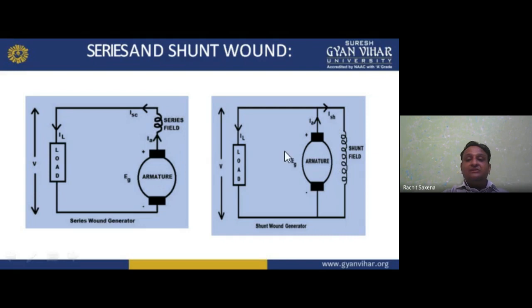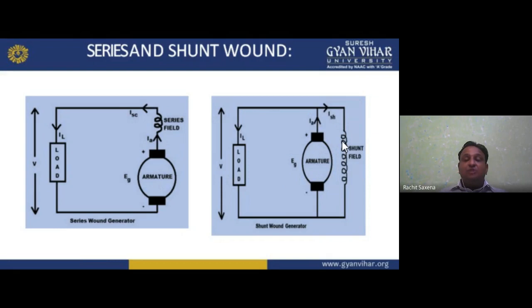Now in shunt, what we are going to do: some remaining field is cut by the armature, that magnetic flux line induces EMF. That induced EMF drives current, because it is a closed path, through the positive and negative brushes. Through this, the current divides into two parts, one going to the load, another going to the shunt field. It energizes it again, inducing flux in it. But the main thing is that it has a large number of turns of thin wire. Series field is of thick wire, but shunt field is of thin wire, having a huge number of turns.